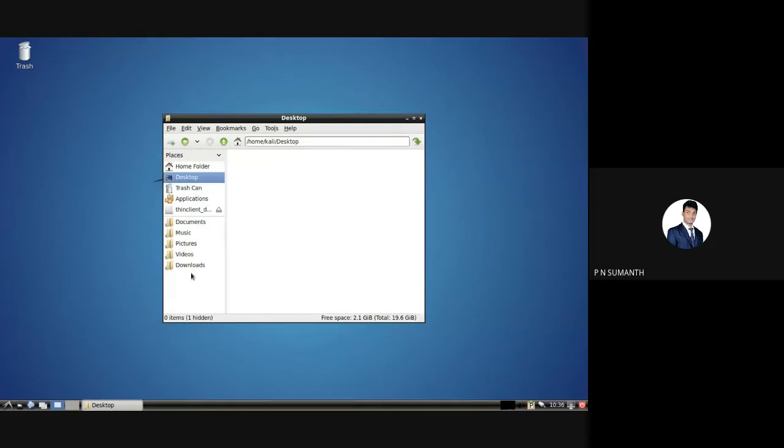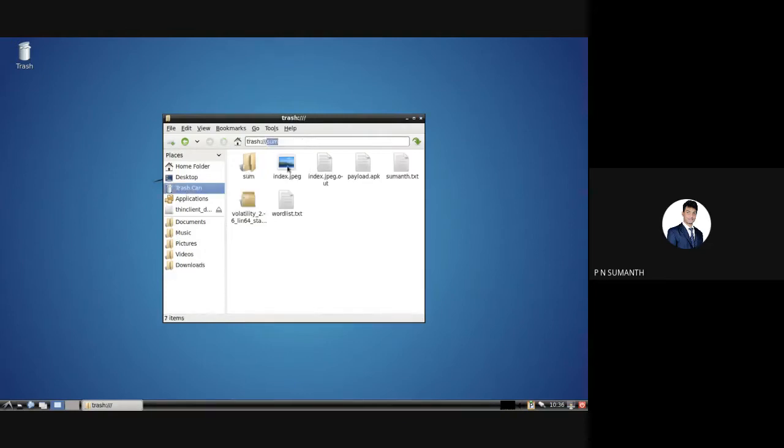First of all, I'll have to have an image file, a JPEG file. So first let me download a JPEG file, or say I will take this only.